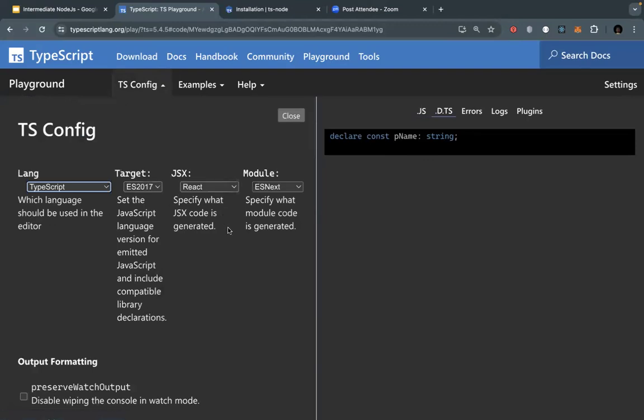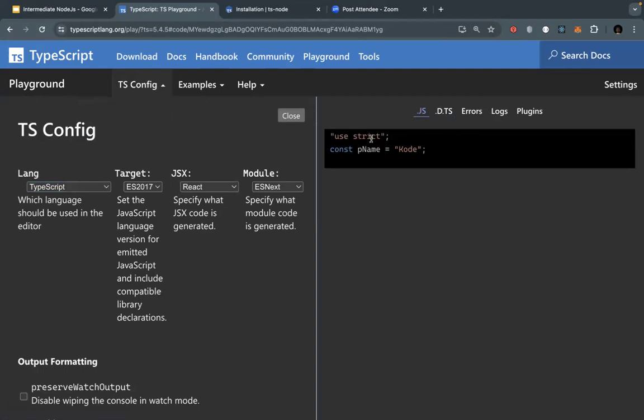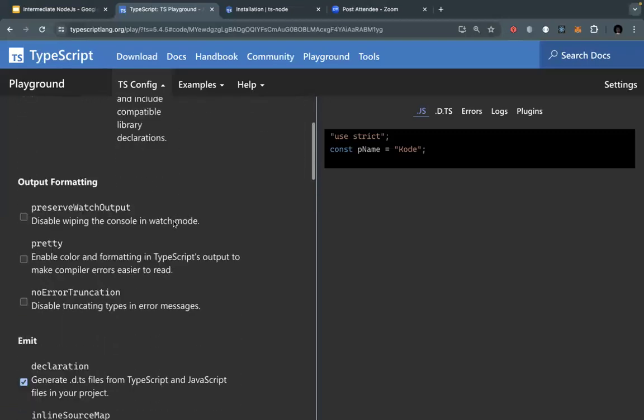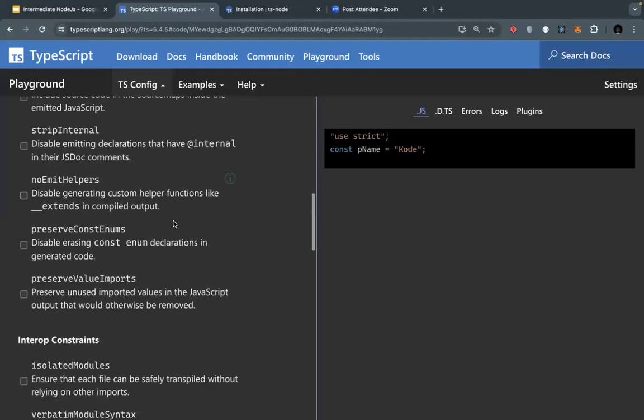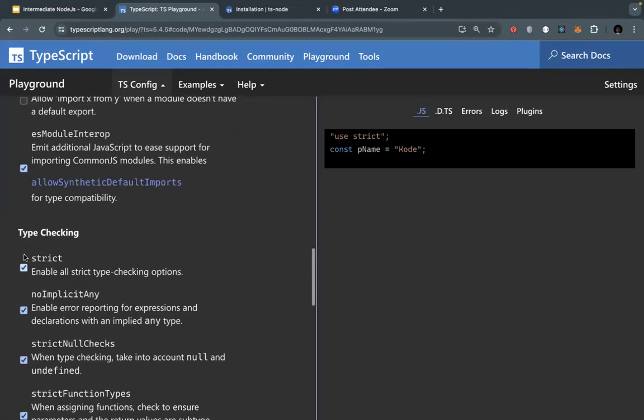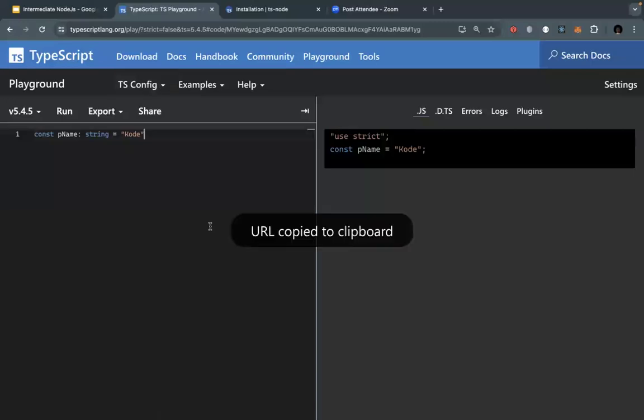Now, when you look at your JavaScript equivalent to the TypeScript code, you see use strict because your code is now running in strict mode. Okay, so now let's go ahead and change this to turn off strict. If you turn off strict and run your code,